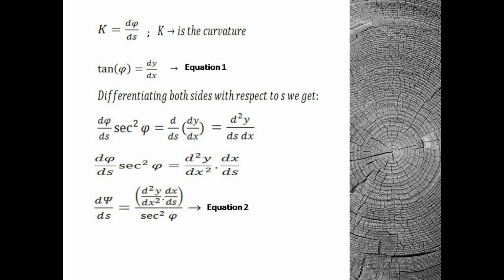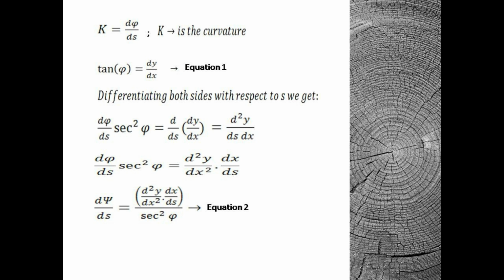To find the curvature corresponding to any point on the curve, we need to move by a small distance ds along the curve and then find the corresponding change in inclination angle d psi. Then the ratio of d psi over ds is what we call the curvature at that point. Here you can see k is equal to d psi by ds, where k is the symbol used for curvature. Now we want to find a convenient closed form expression for calculating k.